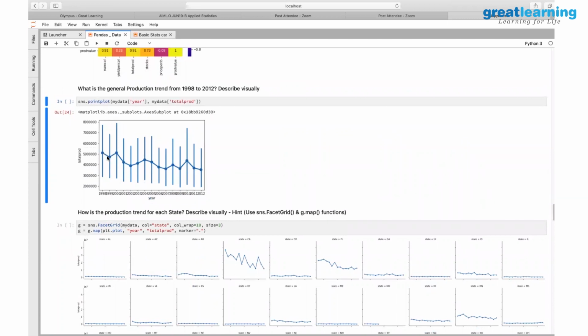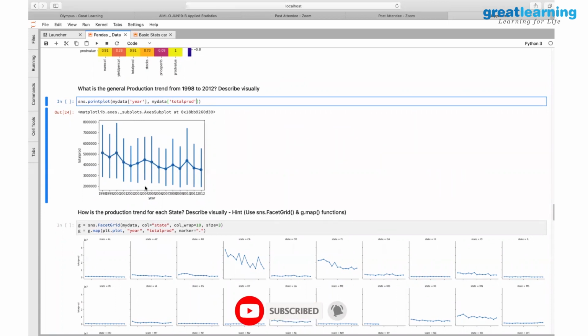So moving on to point plot. A point plot essentially is about each of the variables that you list in this point plot. Here, for example, we are taking the total production and we want total production by year. That's what we are trying to do. So this draws a line essentially, for each of the years. What is the total production that happened? If you see this graph, for one second, ignore the vertical lines. What does that tell you? We'll come to that. If you take these vertical plots, what is the interpretation? The total production over a period of time is going down. That's the hypothesis that we have seen, and that's the same interpretation we are getting here.